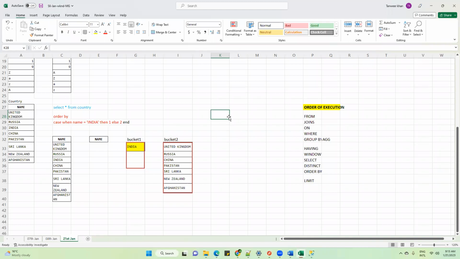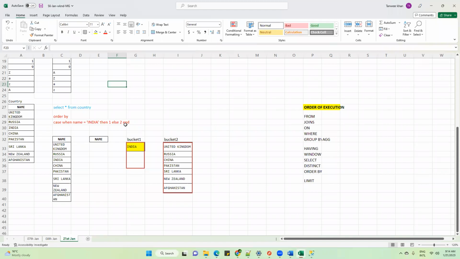Yes, Samir. Now, I have written END here. Whenever you are writing a case statement, whether in select or any other place, like where, aggregate functions or window functions, you always have to give END here. If you do not write END, the engine will throw an error message. Why?